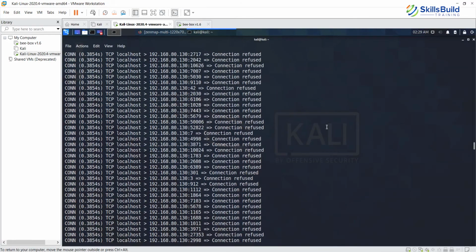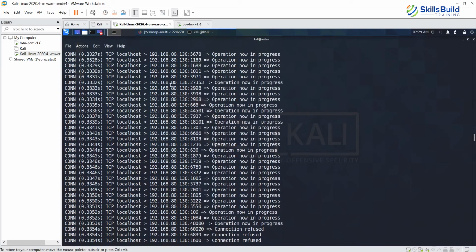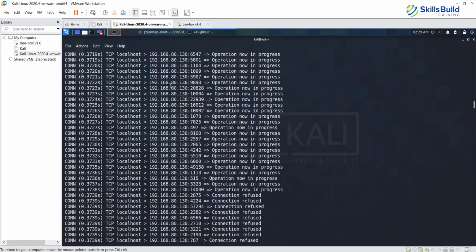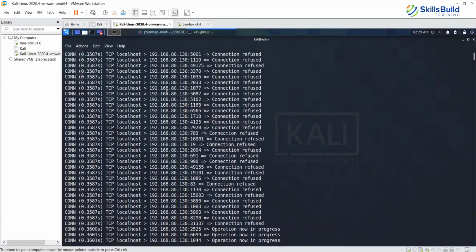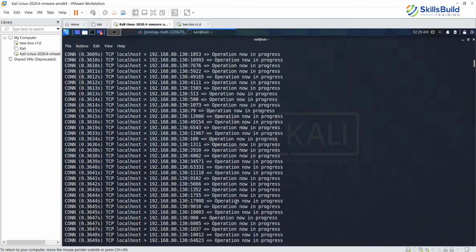Okay, so let's see what happens in this output. Okay, so it's not able to go beyond this point. So here what has happened is it produced information using ARP to identify 192.168.80.130 and respond with these details back to this particular system, which is .129.